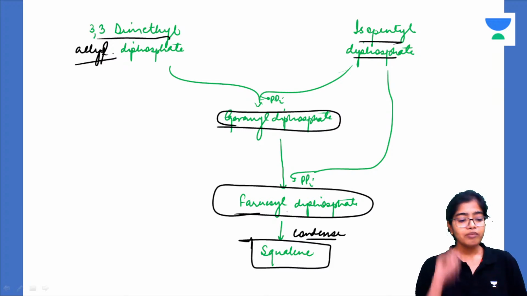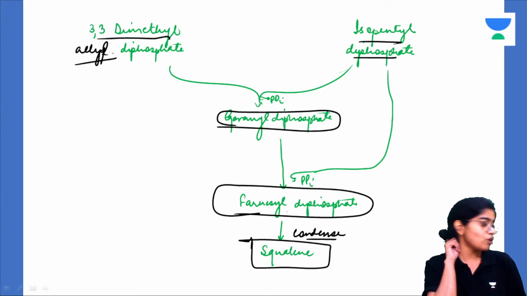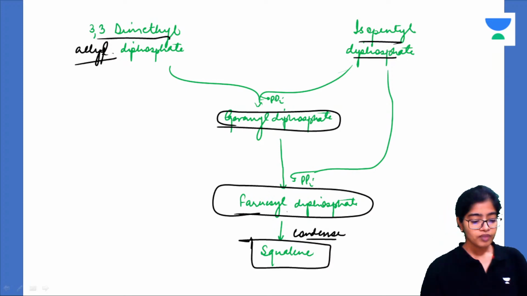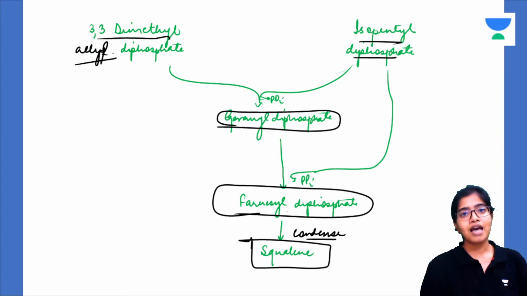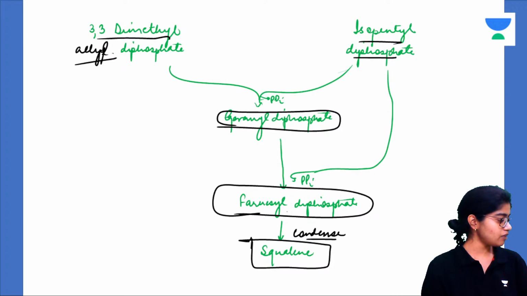Can you count and tell me how there are 6 isoprenoid molecules? Tell me. Here what happens is mevalonate gets converted into isoprenoid. Now, this is the third step where 6 isoprenoid molecules are condensing to form squalene. Can you guys tell me how there are 6 isoprenoid units? Can you count and tell me? Tell me. Anyone? I'm giving you a minute to think and tell me.